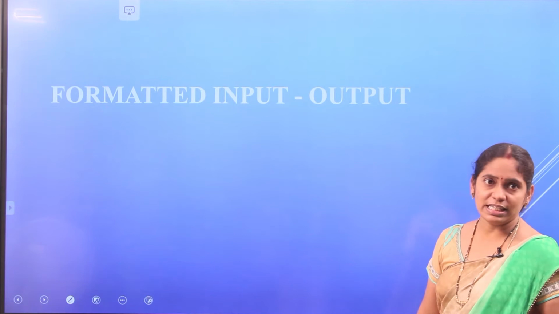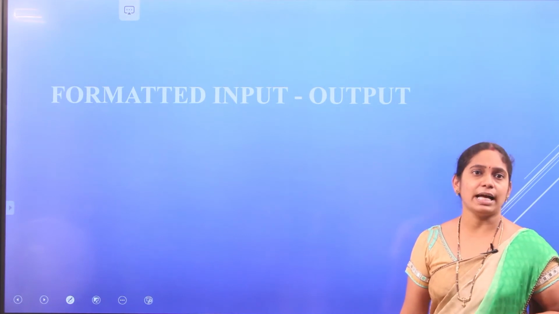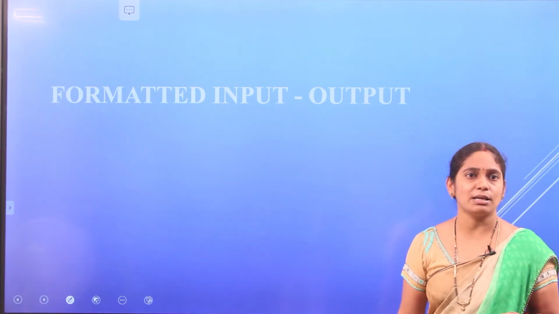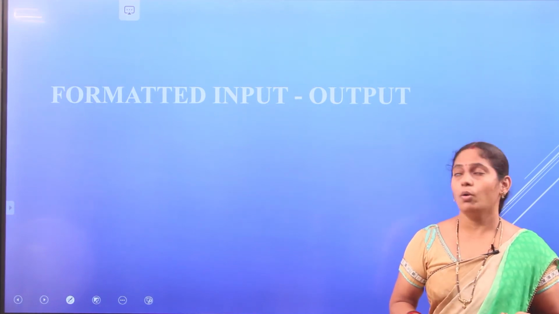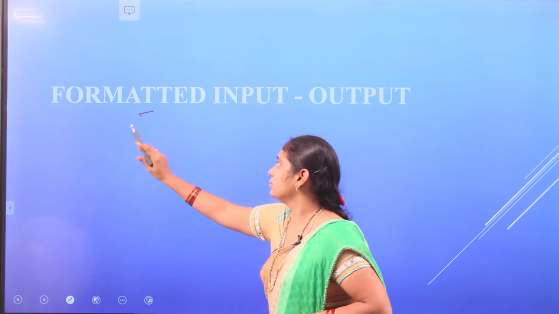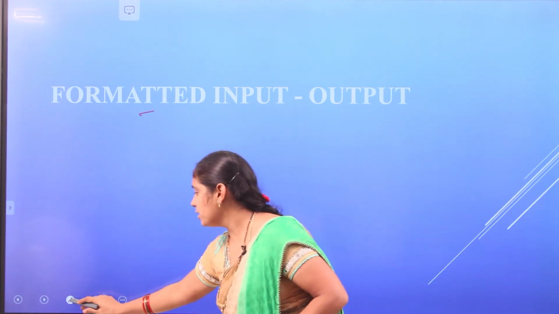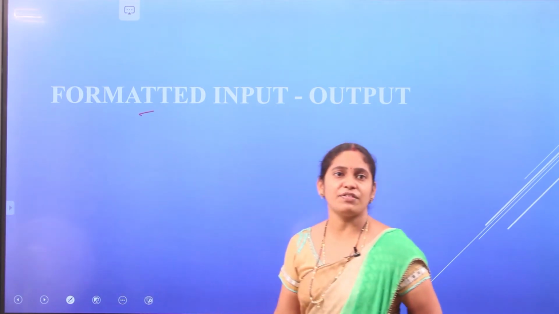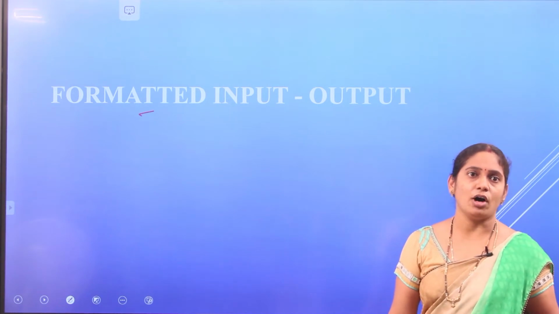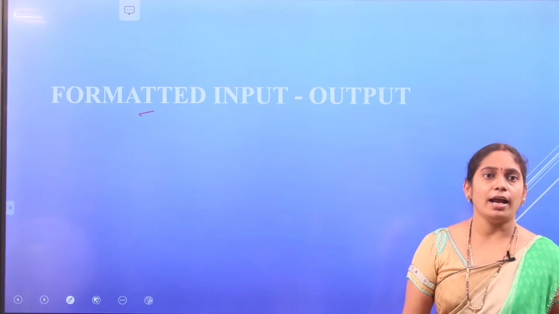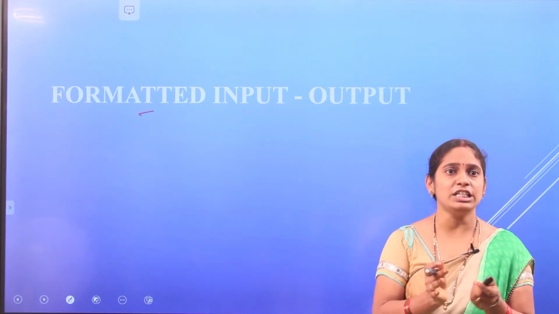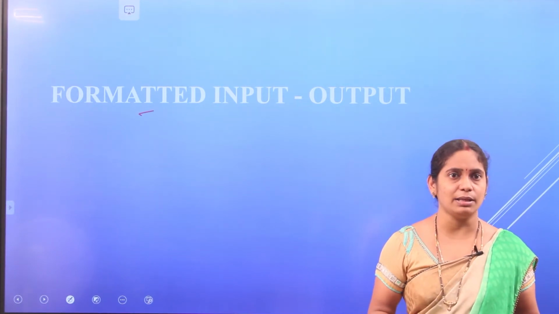Input and output. What is input and what is output? Input is nothing but the data that we give to our system, and the process which gives the result back to us is called output. What is the meaning of a format? Format in the sense the data should be arranged in a specific order. That is nothing but a format. So what data we have, how we have to read the data and how we should display the data, arranging all together in a specific order is nothing but a format.